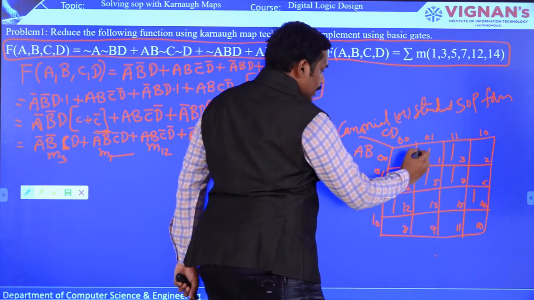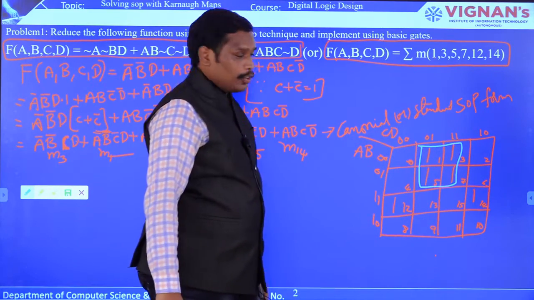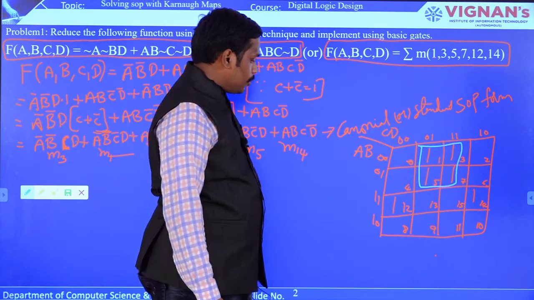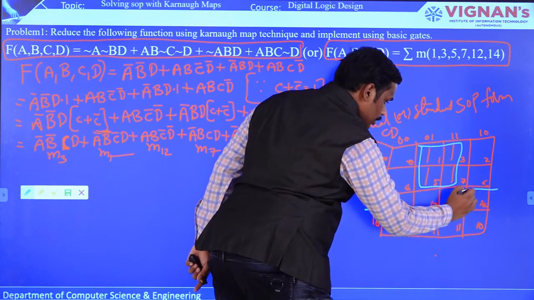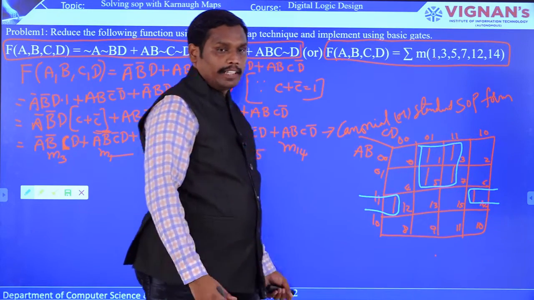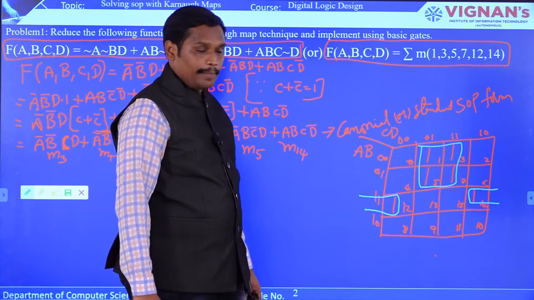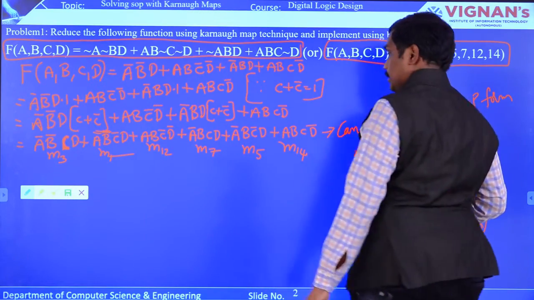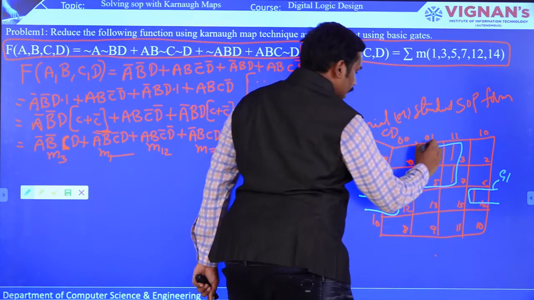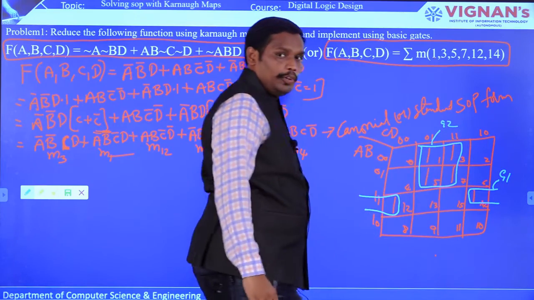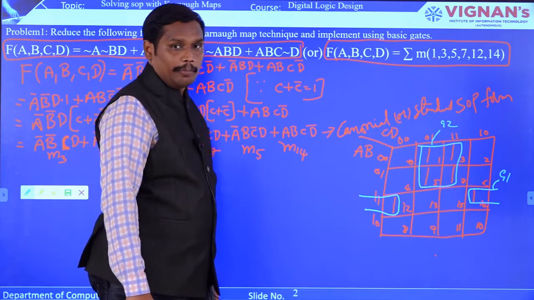If the quad is there, this is a quad, right? So 4 ones are there in that particular group, that is a quad, and now you can have a pair in such a way that this is a group of 2 adjacent ones, then it is called a pair, and this is a pair, right? So now you can say that this one is G1, that is group 1, and this one is G2, that is group 2, and now you are going to construct a simplified Boolean expression for this SOP form.